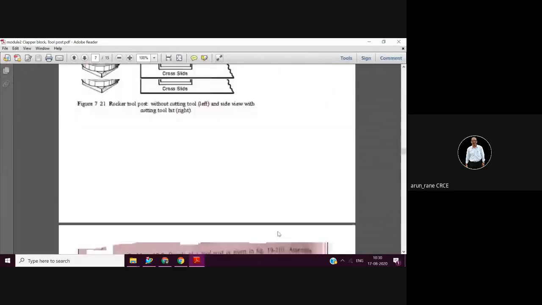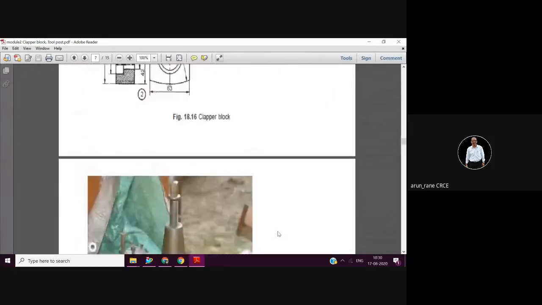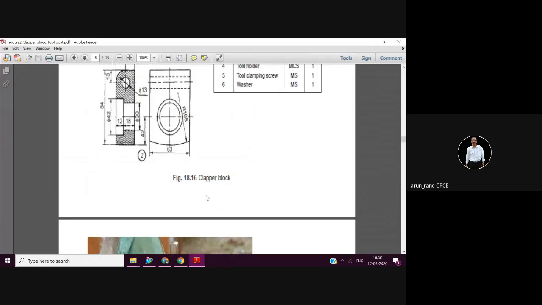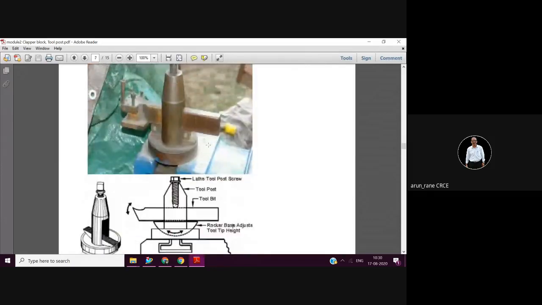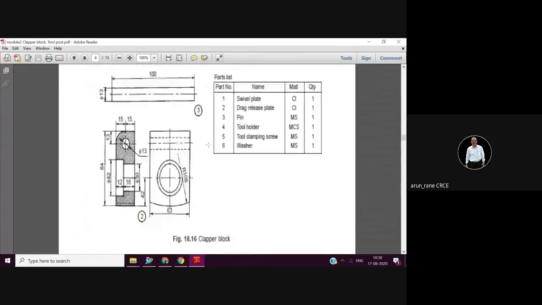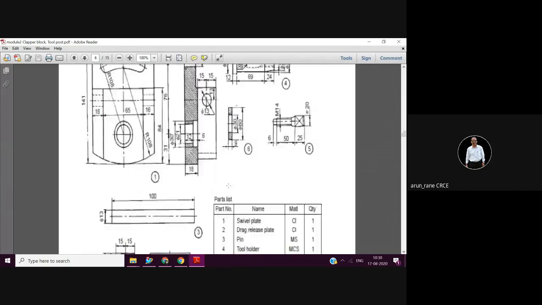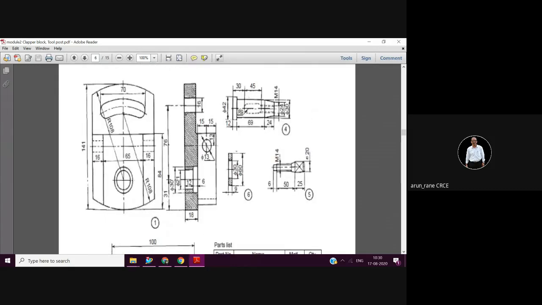Okay, so you will get confused. So you only go till page number 6 or page number 7. All right, up to 6 only. There are 15 pages, out of which you study only the first 6 pages. Otherwise, you will be confused.